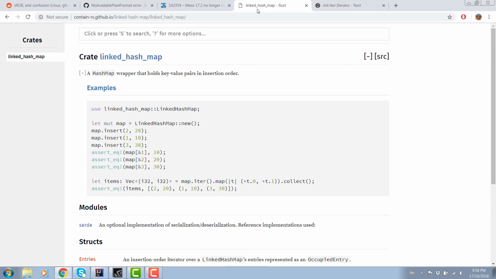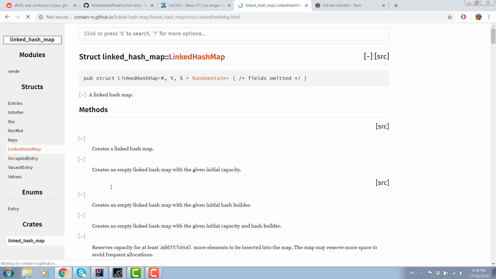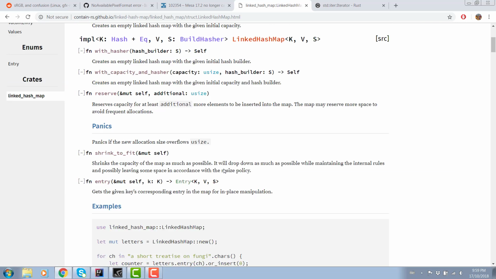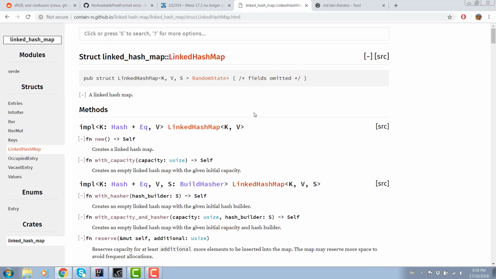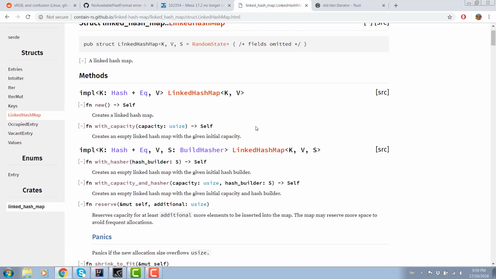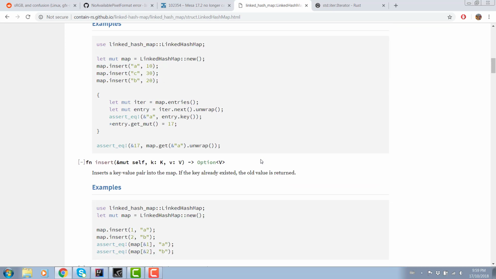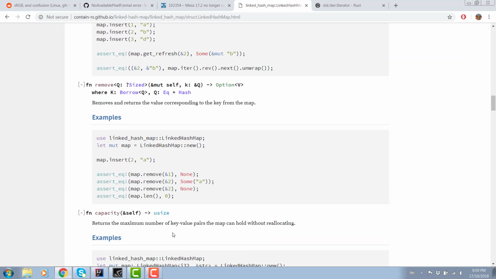Let's look at the documentation. LinkedHashMap, show me what you have. You implement... not much. Not much at all. Yeah, okay, so it doesn't implement clone. I guess that kind of makes sense. Alright, so that's a problem.